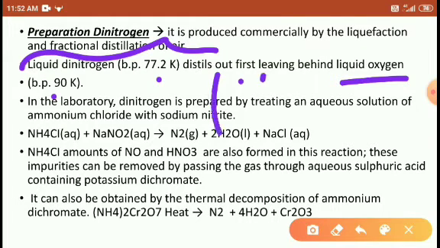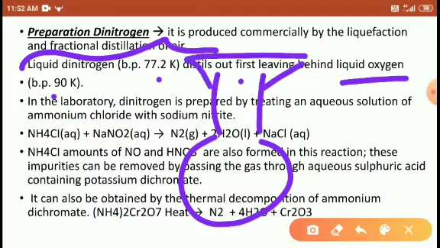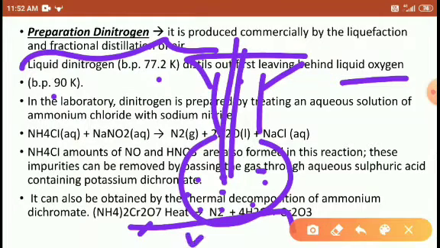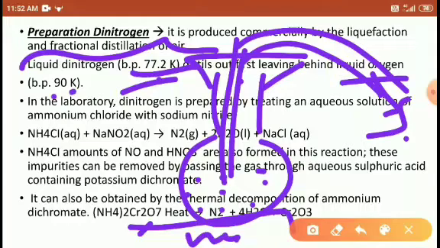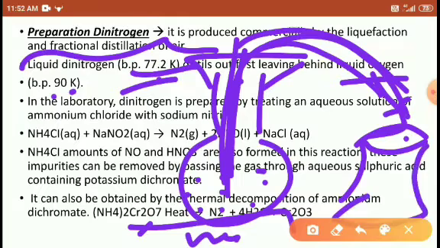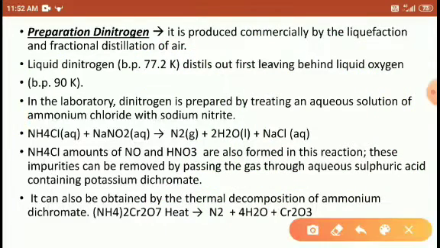When we take the air in a jar, this jar, so liquid air is used here. When we heat it, what happens, friends? The nitrogen leaves first, because its boiling point is 77.2 Kelvin and oxygen's boiling point is 90 Kelvin. So the liquid nitrogen is boiled off and separated out in this jar, and the oxygen remains behind in this round bottom flask. So this is the distillation and fractional distillation method we discussed last year, students, in class 11.